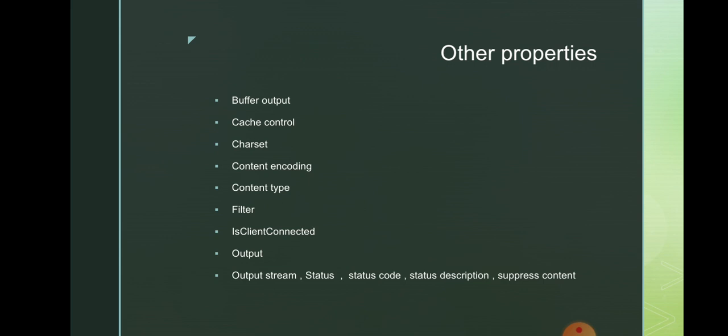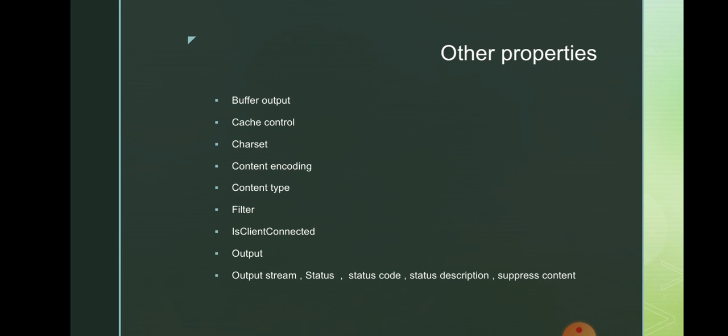Next, cache control. It determines whether the proxy servers are able to cache the output generated by ASP. Cache is a temporary memory. Next, char set. Char set means character set in the HTTP, it specifies the value of the character set in the HTTP content type header.